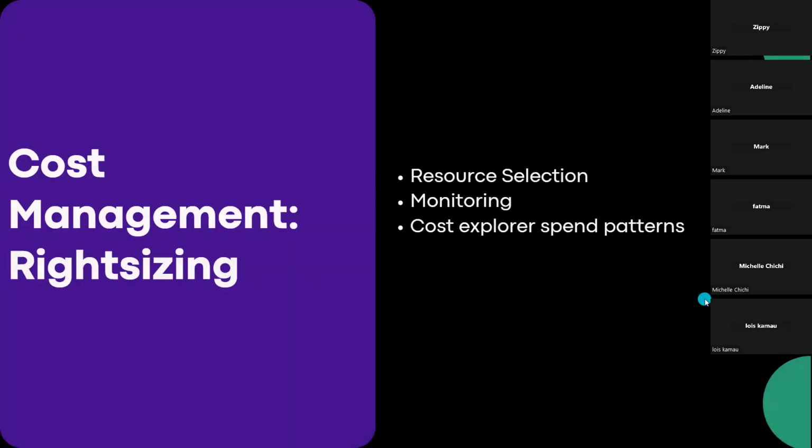And the last bit is on right sizing. Essentially there are 3 aspects to this. The first one is resource selection. What kind of resources are you actually provisioning, and are they aligned to the requirements or needs of your workload? Don't over provision, don't under provision.